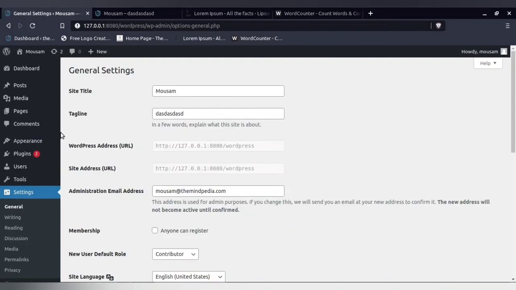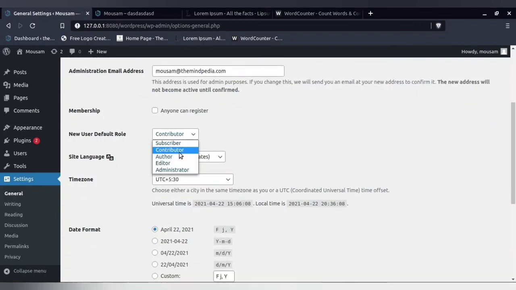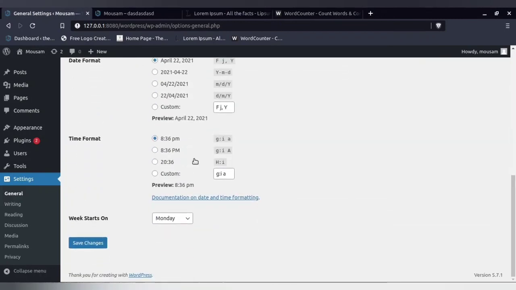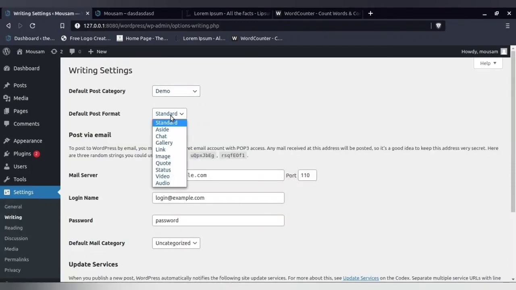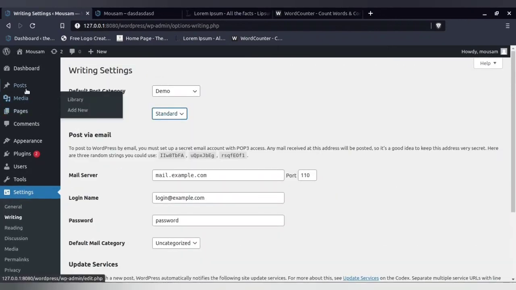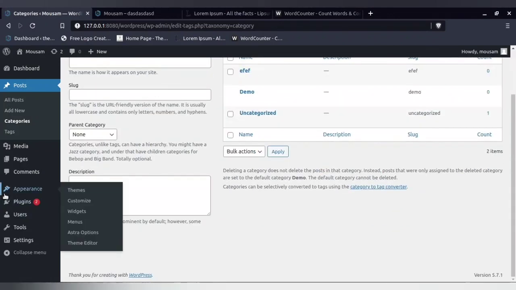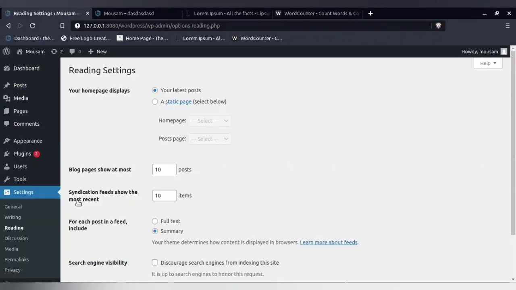In the general settings, you have the site title, site tagline, the administrative URL, the role of the user, your time zone, whether the language should be English or any other language, and the date format in which you want the blog post to display to the user, also the time. Along with the reading settings, there is the default category. I've also shown you how you can generate a category. Just go to Posts, go to Category, and you can make your own category over here. I have also given you an idea about the latest posts and static page, and what these are.